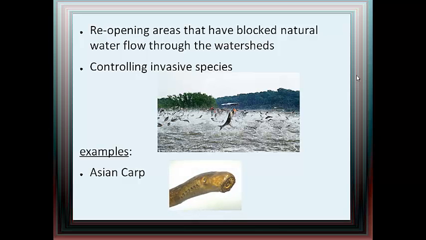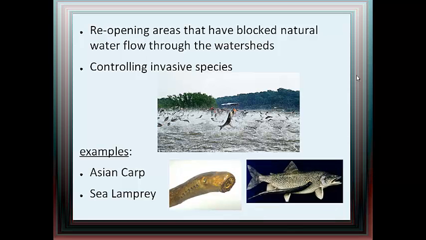Another one of the Great Lakes, and it's that creepy looking fish there, is called a sea lamprey. And you can see that they actually attach to fish in the Great Lakes, and they basically feed off their blood and their skin, and basically suck the nutrients out there and eventually can kill them. So those are two, and there's many other examples of invasive species. Species that haven't been here hundreds of years ago, that somehow got here from another country and another area of the world, and have reproduced, and really they're trying to take over our natural areas.